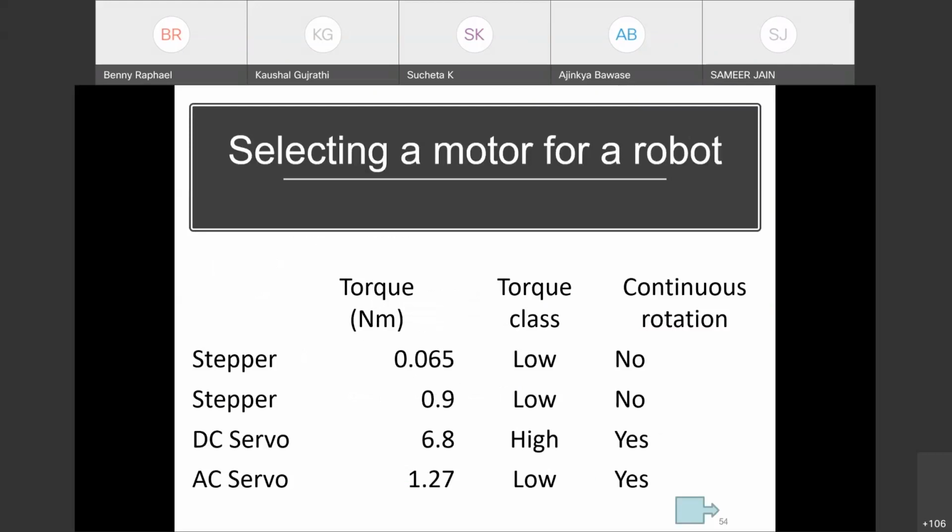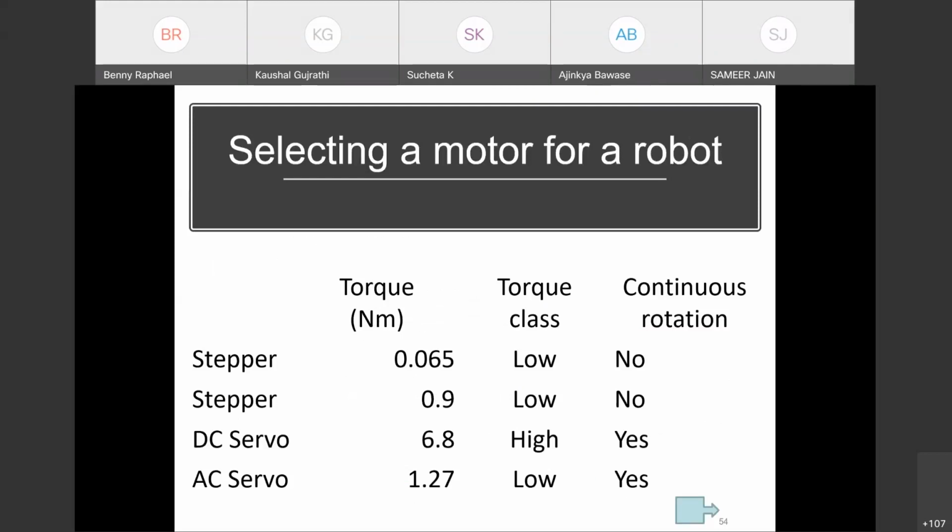Now a small exercise. What I took earlier was an example from conceptual structural design. Now I've taken something from robotics. You want to select a motor for a robot. Let's say you are doing hobby electronics, or maybe a real prototype, and you want to select a motor. So we have different options. These numbers I've taken from actual product data sheets.